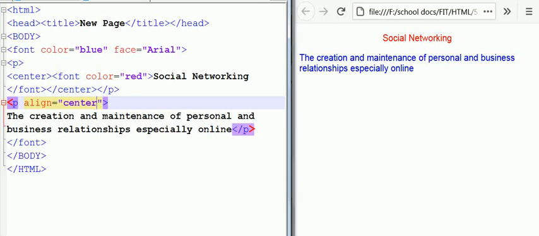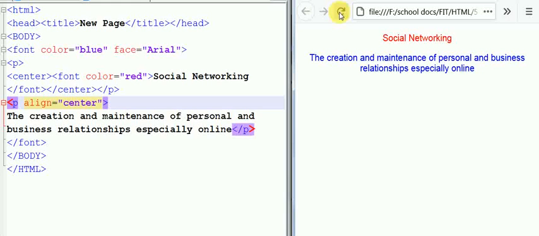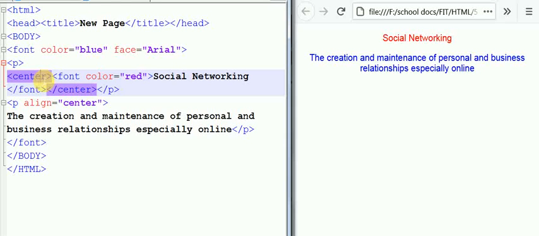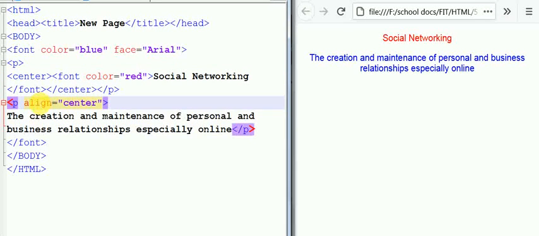Then saving it. Now as you can see, the text is aligned to the center, which is doing the same work as the center tag, but I am using align inside the paragraph tag as an attribute. So in this way we can align the text.